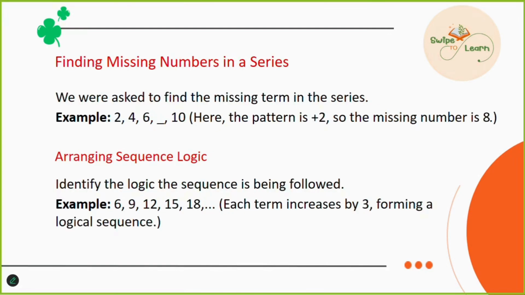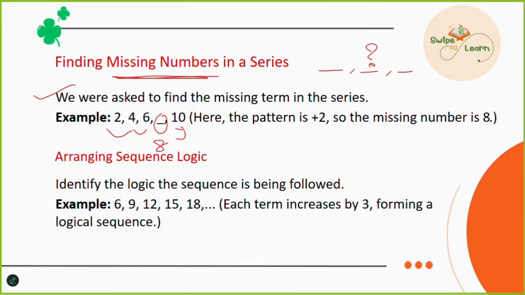The next thing is, in our number series, you will be asked to find the missing numbers as well. So they will be giving a series, something like this, and they will ask to find the middle term or any other term. So there will be a missing term. You have to find out that missing term. For example, 2, 4, 6, and here you have to find the missing term, 10 here. So it is very easy to find out. The difference is 2, 2, and now here we should get a difference of 2, which is 8, and then this is again a difference of 2.